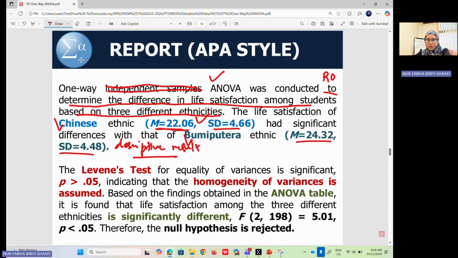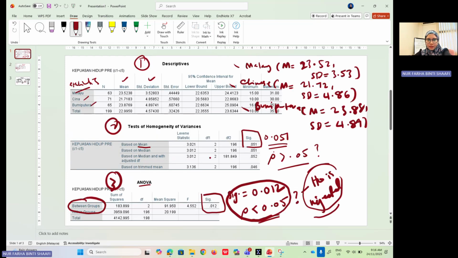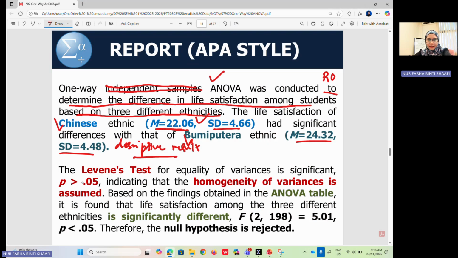In the second table, you want to see that homogeneity of variance is assumed. I showed you the second table just now. Where is the second table? Okay, this one, the second table, with the significant value 0.051. Okay, so it is less than 0.05. So that's why